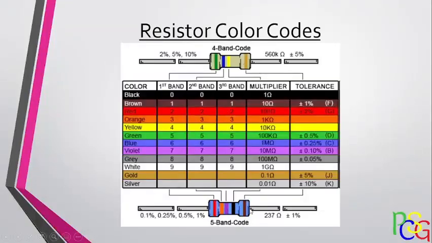Then for the 5-band code, this one here is brown, so we have plus or minus 1% of the 237. As I said, the resistors are not perfect, so this is included by the manufacturers to give you a gauge of what value may be measured based on the calculated value, and how much it will be off. In real-life situations, when you want to measure the value of a resistor, you also have to double check and make sure that you measure the same value as you calculated, because